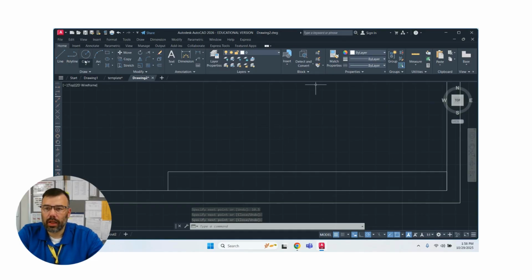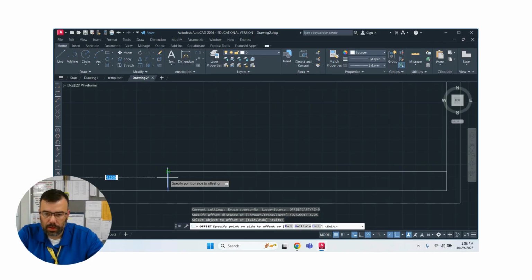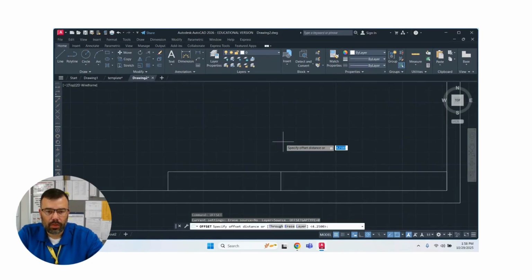Now I can go ahead and offset. And let's offset 4.25. Enter. Click on this one and I'm going to go in. Click enter. Right click, repeat offset. This time I'm going to offset